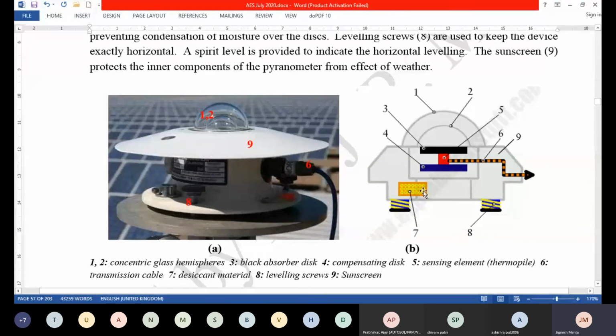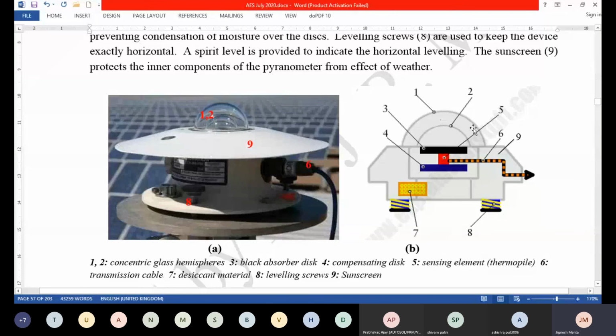Okay, so these are the different components, and the basic functioning or principle is the radiation passing through this. Now you might ask why these spheres are required. You don't want to expose this plate to the weather and its effects, because otherwise it will degrade the material. And second, you also don't want to lose the heat immediately from the plate. So that's why you have protected it with the help of these spheres.